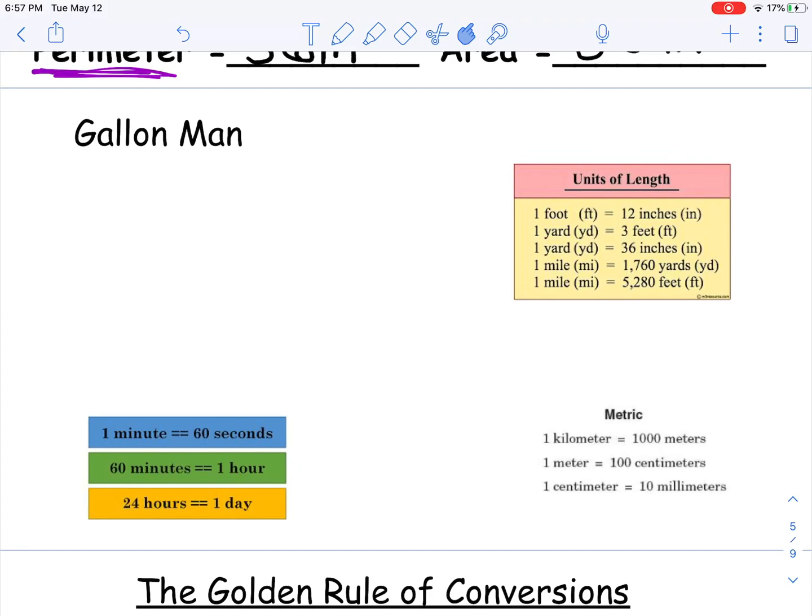All right. We also need to do some conversions today. Those go with our measurement unit. You'll notice here I wrote the words